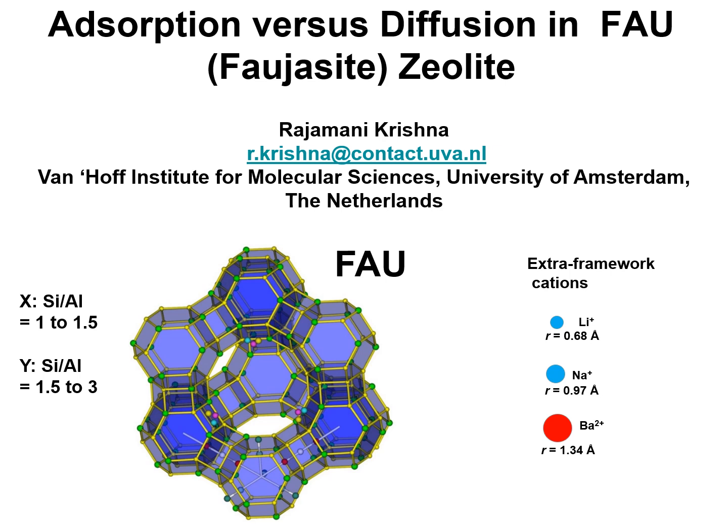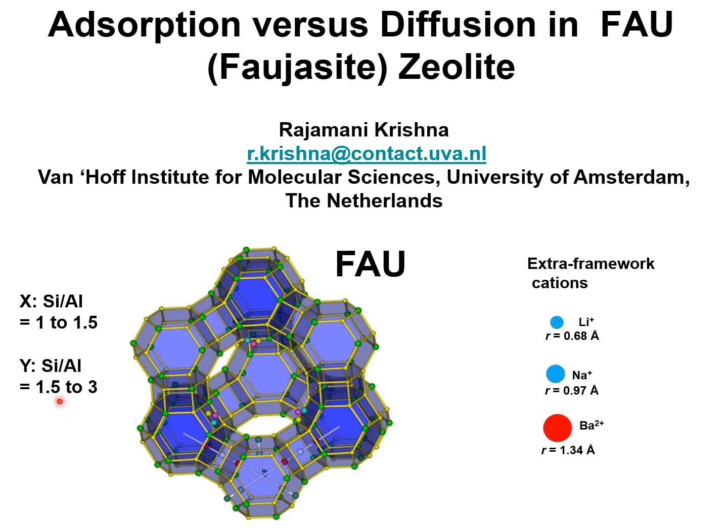In this presentation, I stress the anti-synergy between adsorption and diffusion in faujasite zeolite. In practice, zeolites are used in their cation-exchanged form, and depending on the silicon to aluminum ratio, they are either called X zeolites or Y zeolites. X zeolites have silicon to aluminum ratio 1 to 1.5, and Y type zeolites have silicon to aluminum ratios between